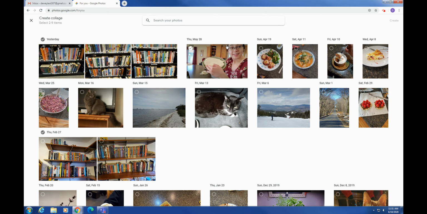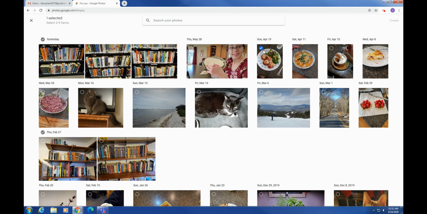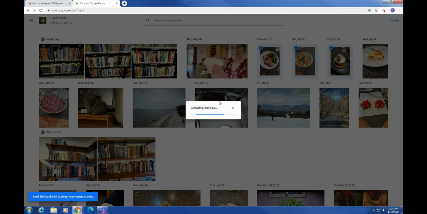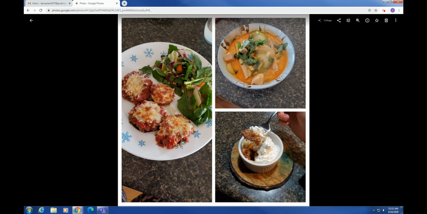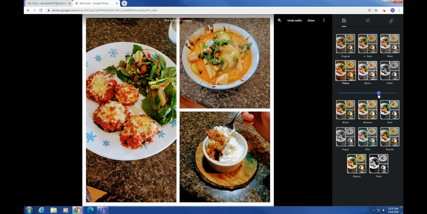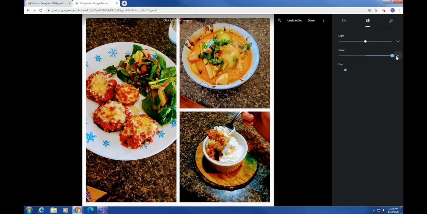You can create a collage of photos. Let's say, I really do like my food, so I'm just going to make a collage of that. And so now that's going to show up and we can edit it. We can put filters on it if we wanted to. Here it'll apply the filter more or less. Over here we can adjust the light, the brightness, the color saturation,